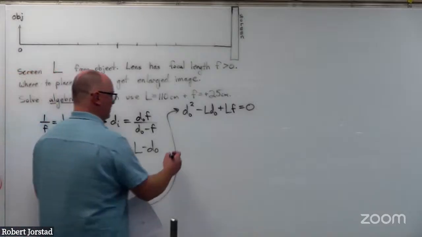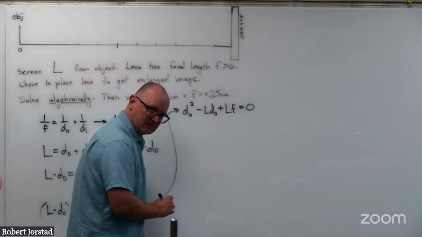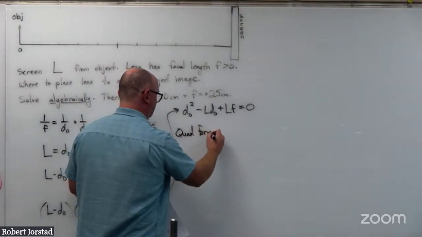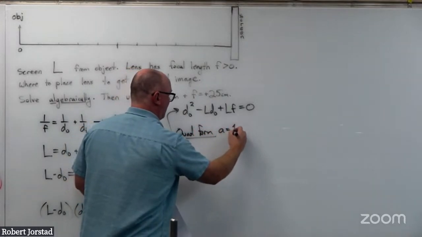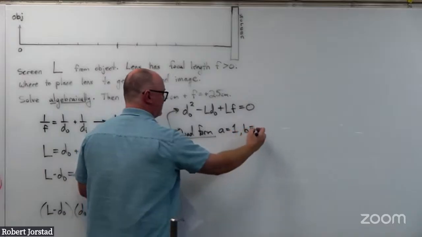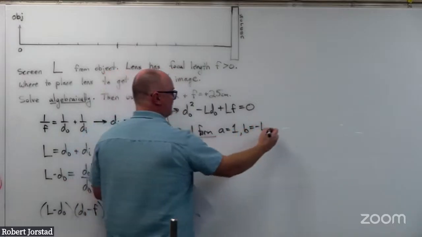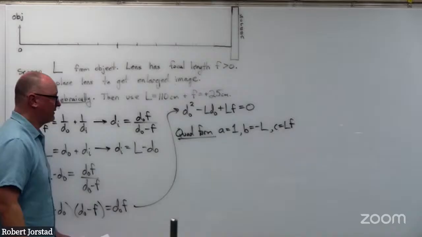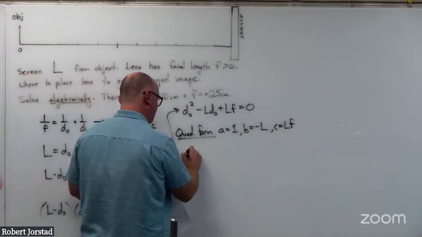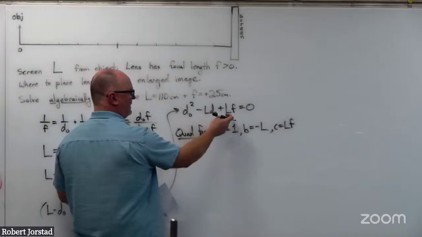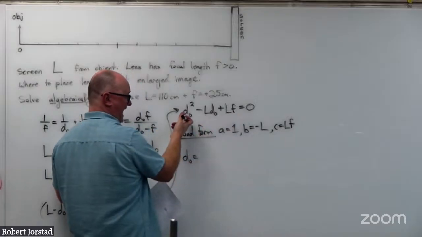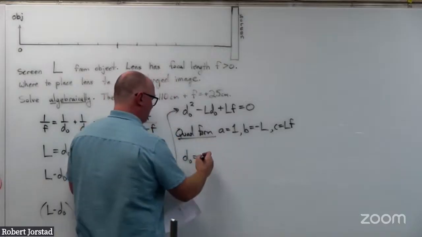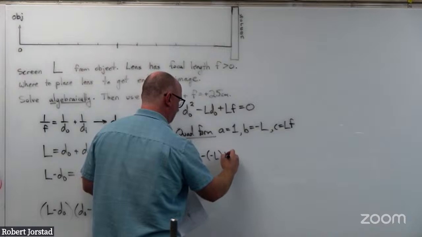Think, how do you solve this? 1, 2, 3, quadratic formula. A is equal to 1, B is equal to negative L, and C is equal to LF. You don't have to have numbers to do the quadratic formula. We can just plug it in. So notice D object is our unknown, L and F are both known. So this is like X, and these are just some numbers. So pretend they're numbers. And we're going to get negative L,